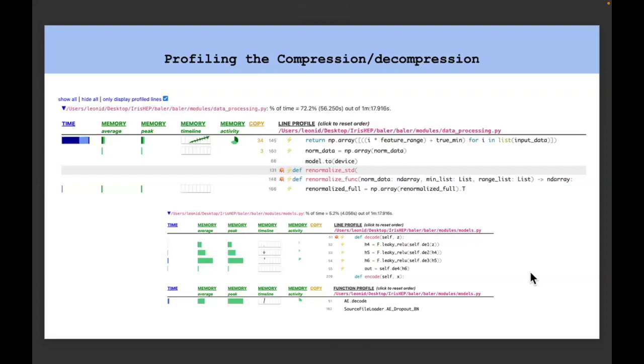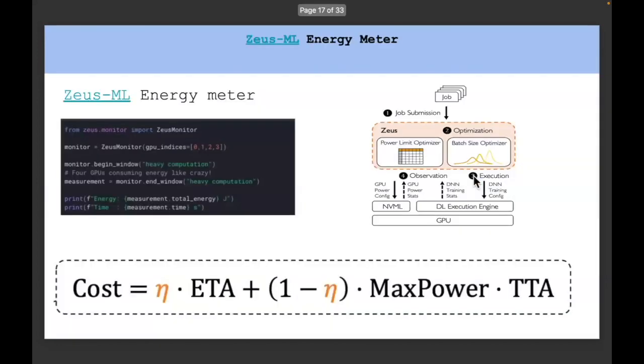So a similar thing was done for the decompression. In this case, you can see in the first line that the work with NumPy is the most expensive. So I would like to go further and describe the work that was done with